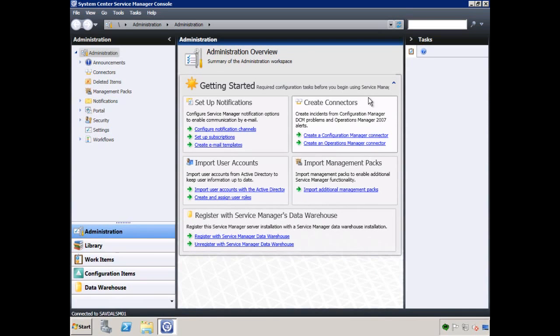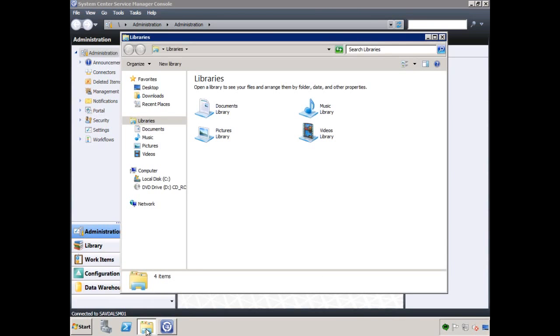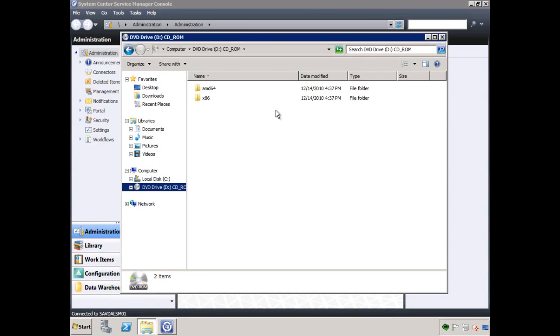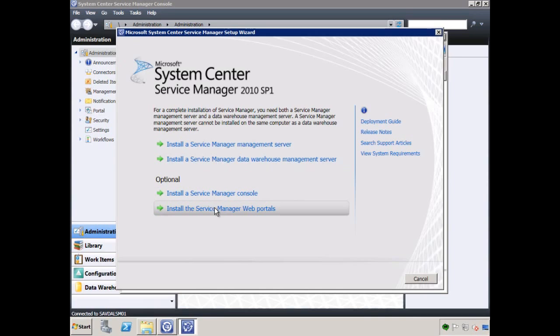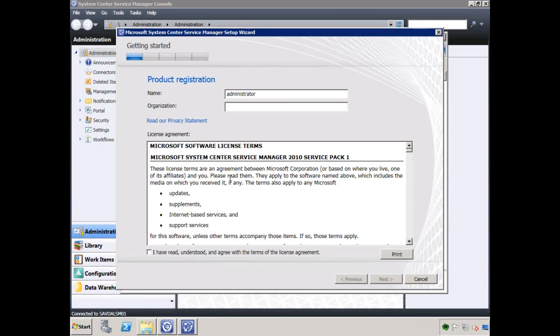Oh, didn't mean to do that. So now we can actually go through and do more of our configuration. For example, we might want the end user self-service portal. So again, we run the setup, install the web portal. It actually installs 2. There's an end user portal for the end users, and then there's an analyst portal, which could be used by people in the IT group, but it's also people who maybe need to approve